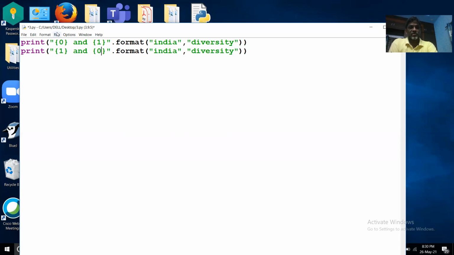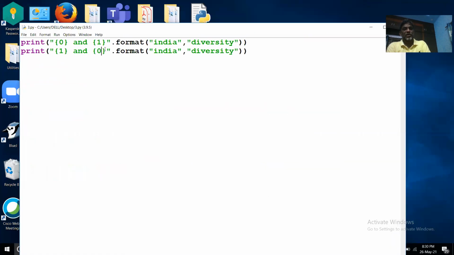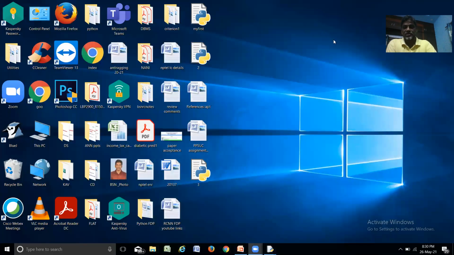Now if you run this program, see, the first print statement is displaying India and diversity. Now it is changed. Diversity and India, it is displaying according to the indexes that we have given. So that is how you can use this format method with the print function.